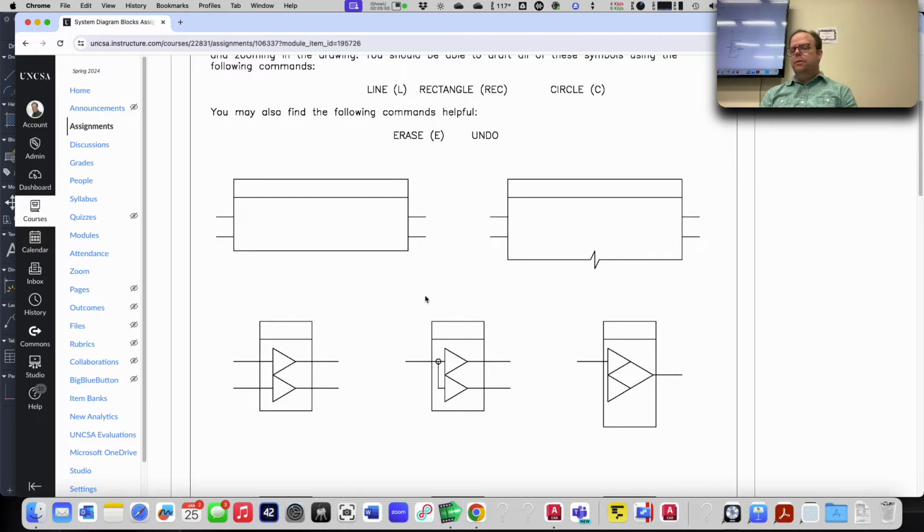You have to look at it for a minute and think about it before you start doing it, because you have to draw this by typing in coordinates. This is why getting out a pencil and marking some of those corners would be helpful. But I'm looking at this and I'm saying, well, it looks like